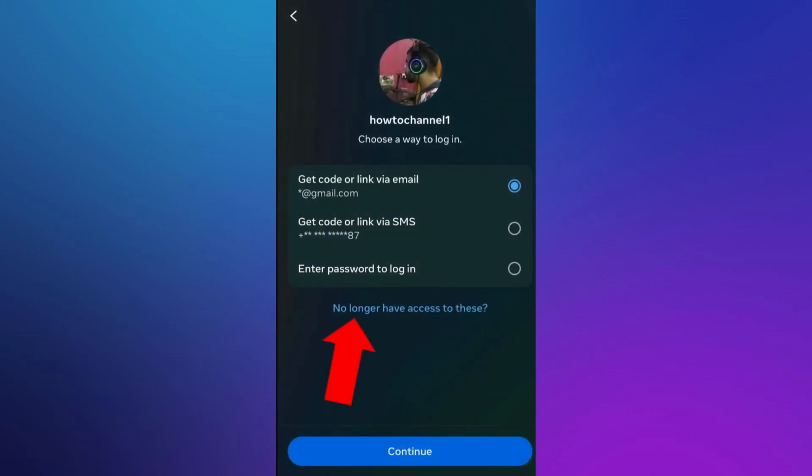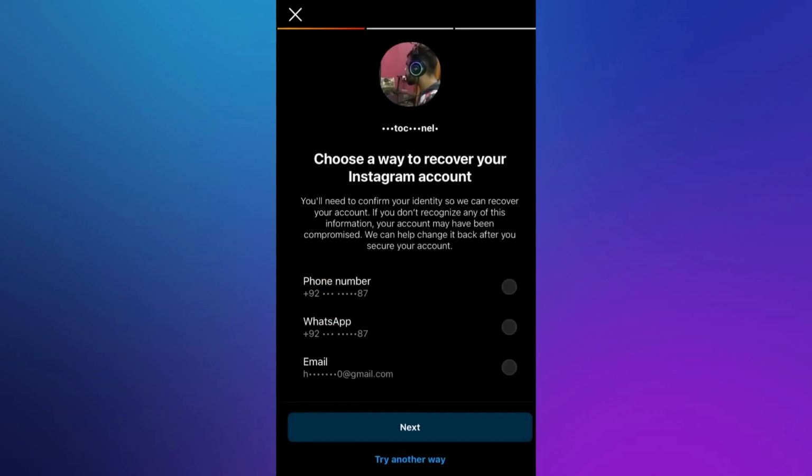Now, initiate the recovery process. Try 3 passwords you commonly use. If unsuccessful, click on Forget Password, enter your username, and choose the No Longer Have Access option. Click on Try Another Way,